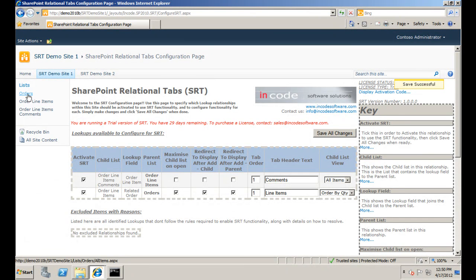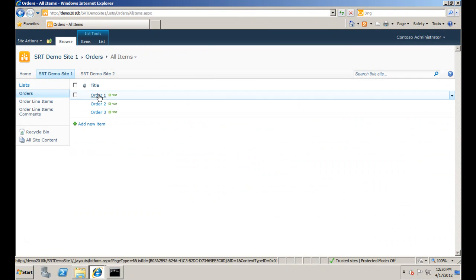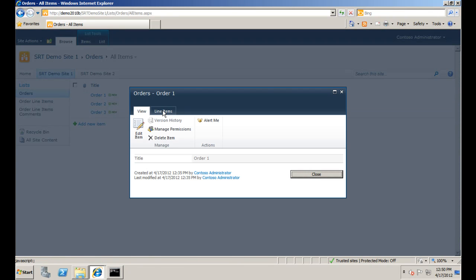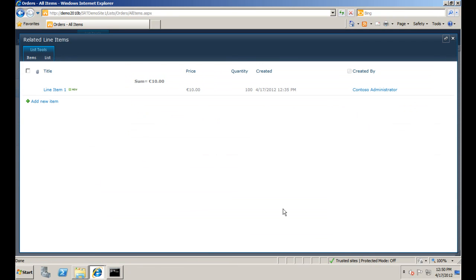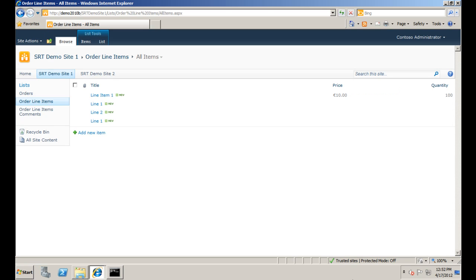So we save all changes, go to the order, let's go and look at the line items. It's maximized and you can see it's got its new view here. So if you wanted to group by things, order by things, filter by things, you can go ahead and do that. That's no issue. For some examples of some more advanced things that you can do with SharePoint Relational tabs,